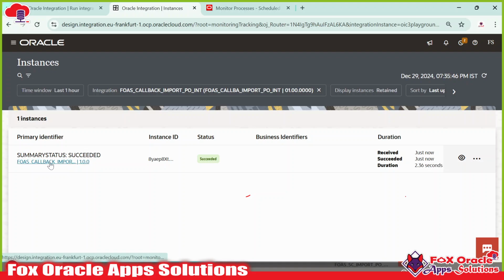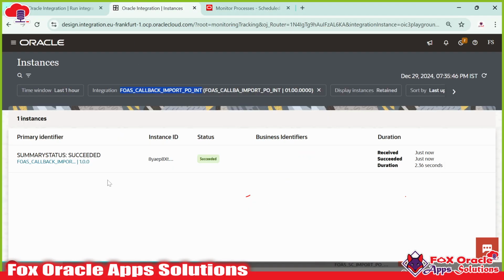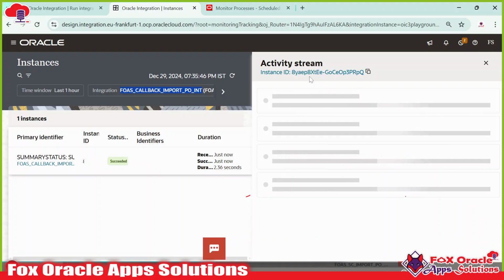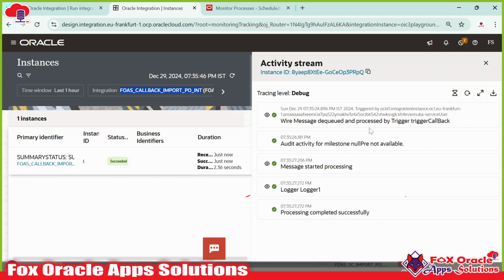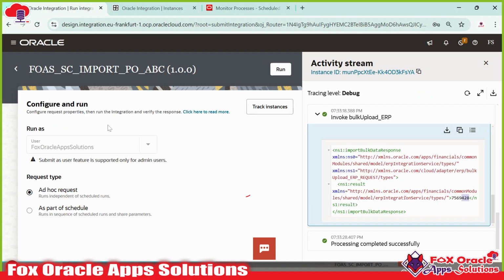So it automatically executed. If you remember, we created the callback integration and we have not executed it ourselves, right? This callback integration executed automatically when this import job completed successfully, right? Import orders. And what we got in this integration as a trigger, if you click on this I button to see the activity stream here, you can see triggered by this OIC details. This is the same details which we configured in this SOA composer, and it was triggered by our main integration,